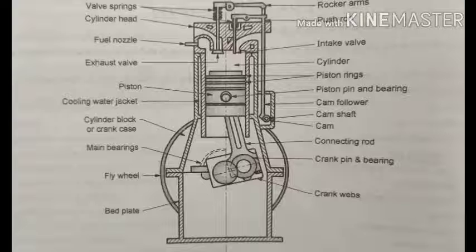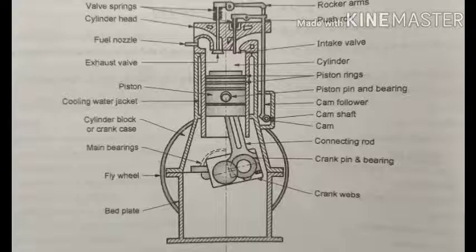Next one is the crankshaft. It transmits the power from piston to the driven shaft. The parts of the crankshaft supported by and rotating in the main bearings are called journals. It runs under the action of the piston through the connecting rod and crank pin located between crank webs or cheeks.